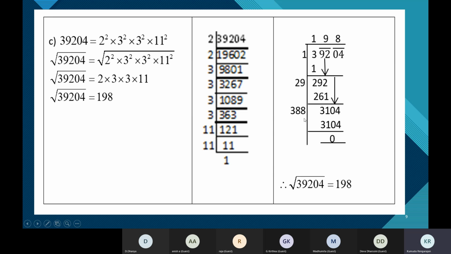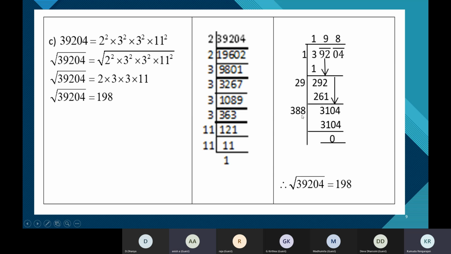See here, 1 into 1 is 1, 2 into 2, 4, you will get 4. 3 into 3 will give you 9 in the units place, correct? 4 into 4, 16, 6. 5 into 5, 25 will give you 5 in the end. So if you see, 2 into 2 will give you 4 in the end, and 8 into 8, 64 will also give us 4 in the end. If they don't work, then you should try the others.